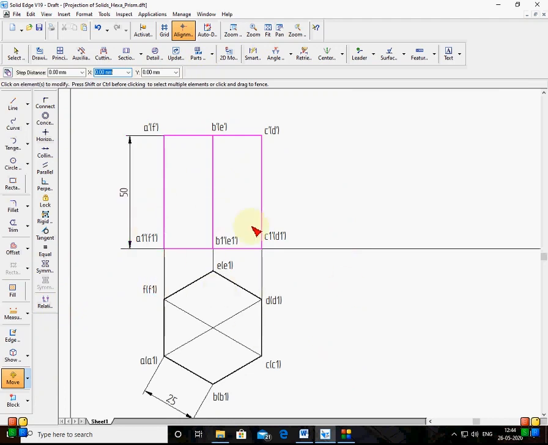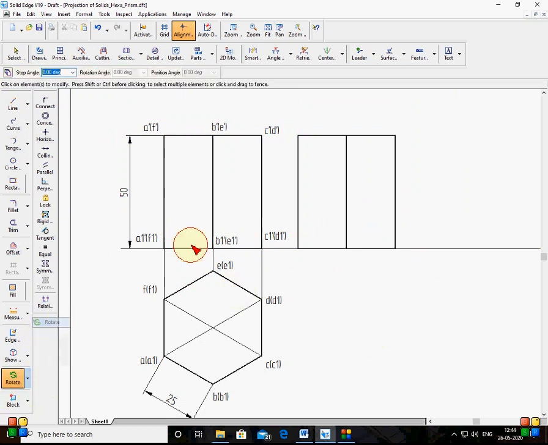Now see here, I am selecting. So now I'll move it about this point. The copy option will be on because I want the original figure to stay in the first position. So I'll bring it here and keep it somewhere here. Okay, then I go to the rotation command.